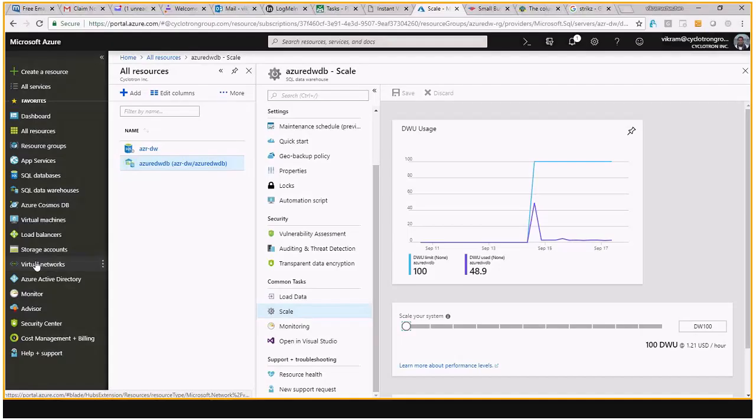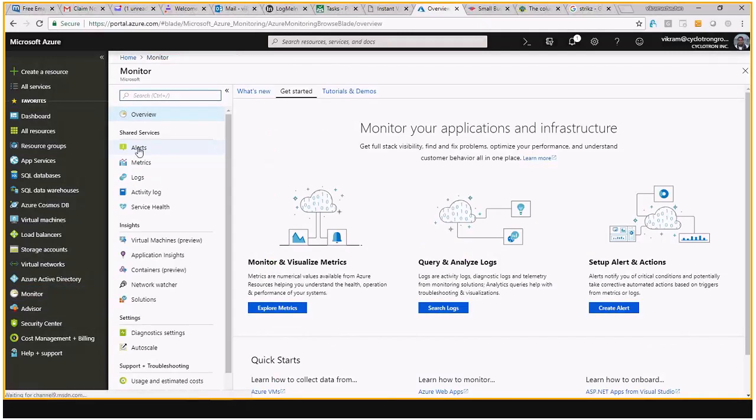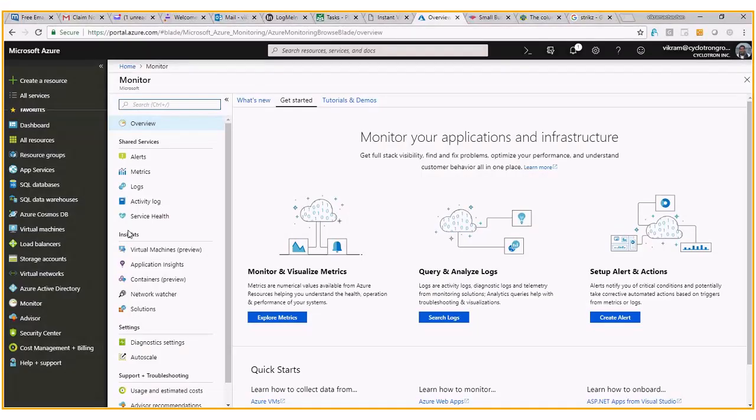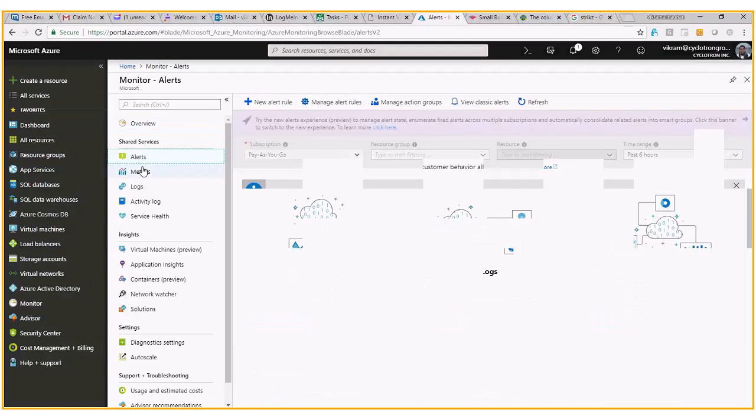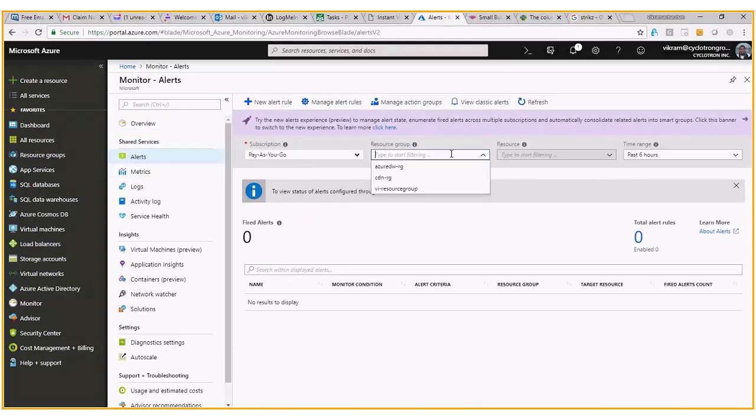In the portal, you have the capability to monitor, and under monitoring, you have the capability to create alerts and establish metrics on your resources if you want to.